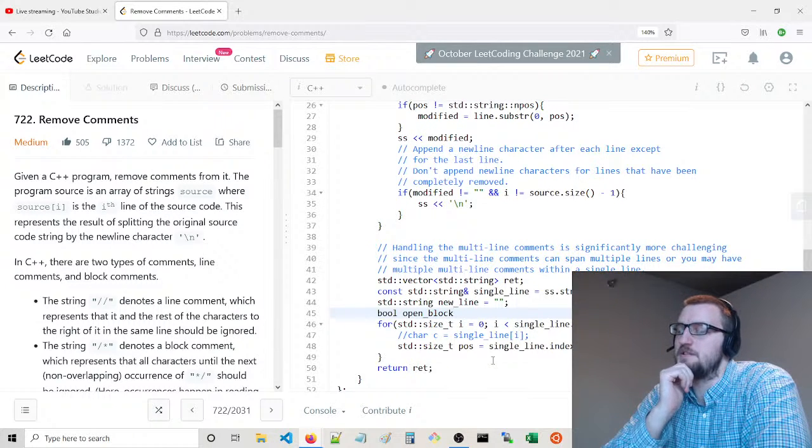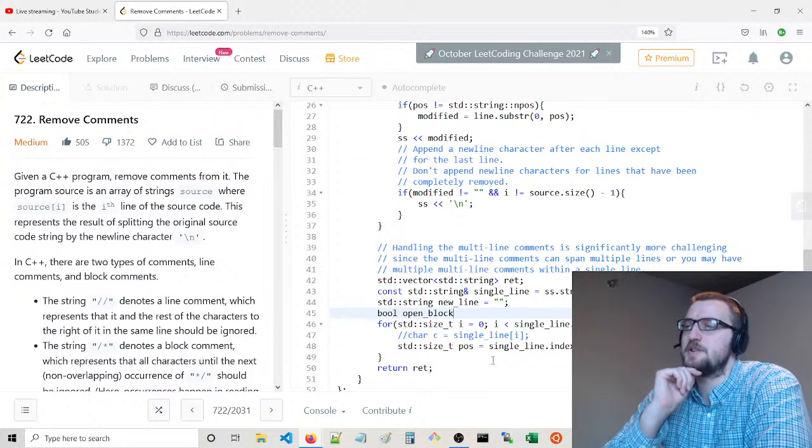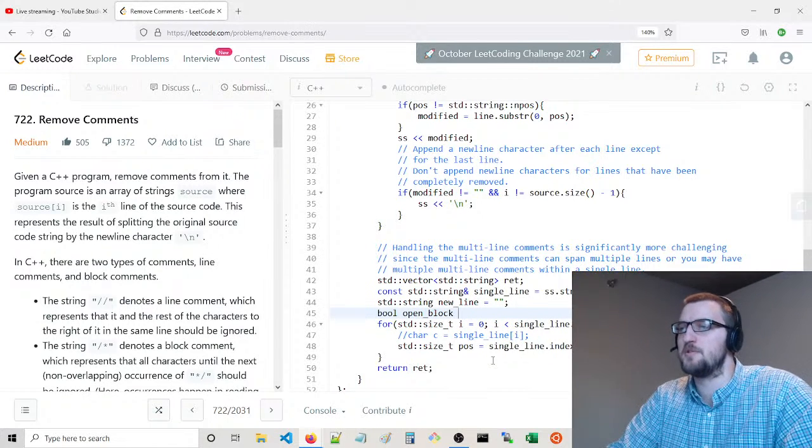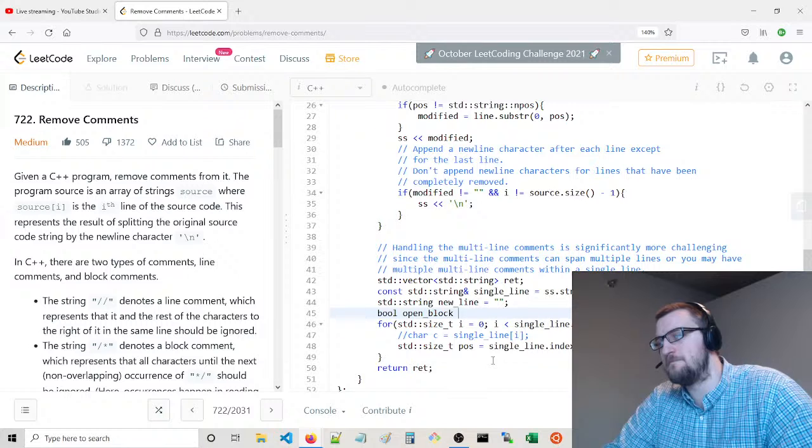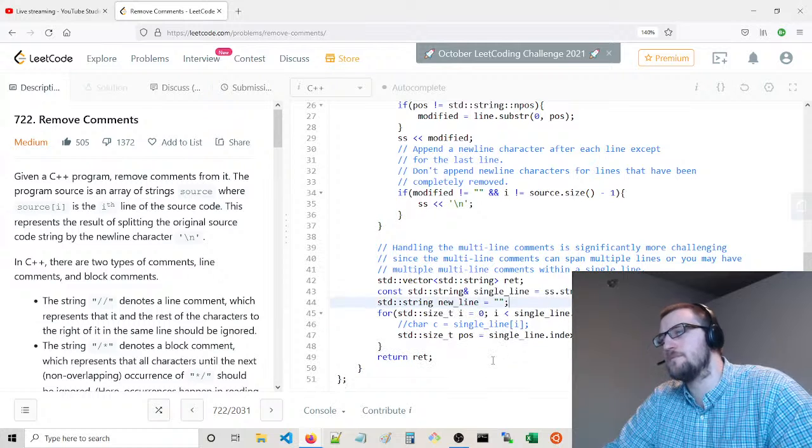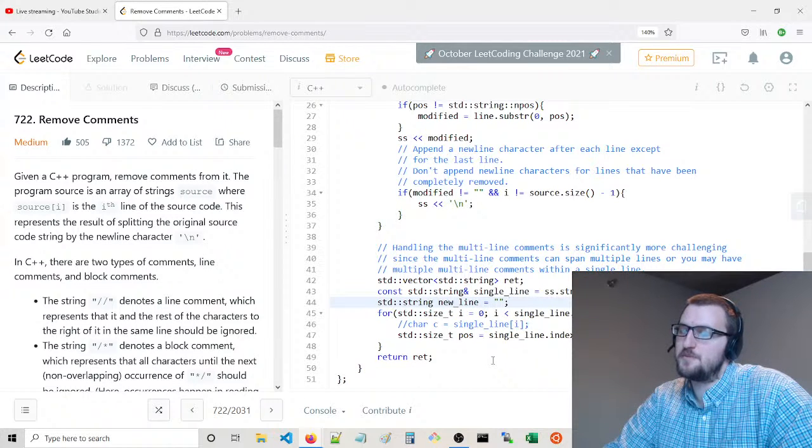So there's one way of approaching this, but let's try it in a slightly different way. We'll have a Boolean open block, or let's say, it's more like we want to perform a loop.